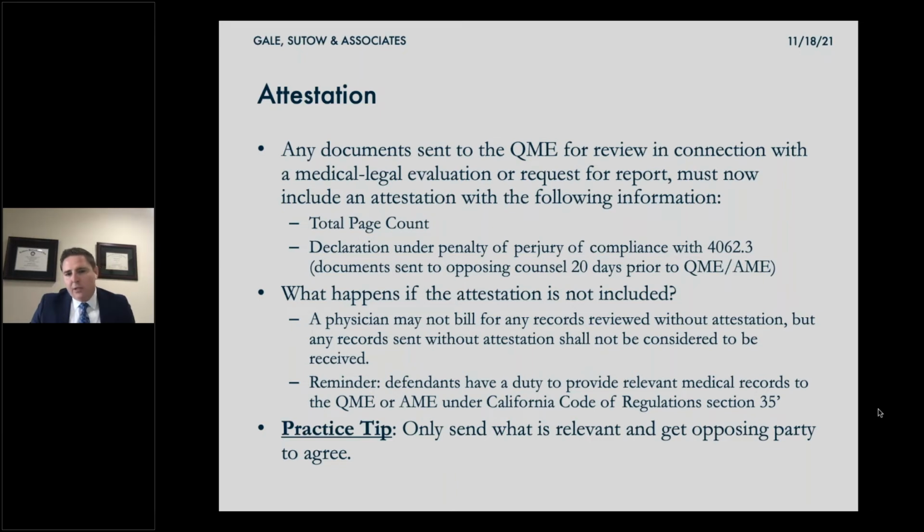At $3 per page, we're talking about a fair amount of money that's going to be charged to have a QME looking at records on an individual having a cold or issues that are not at all relevant to a workers' compensation orthopedic claim. You're going to have to make sure that you have an agreement from applicant's counsel, but it's easier if, while you're getting the records and designating them, you have an attorney going through and pulling out all of those unnecessary records, because the subpoena company is not going to do it for you.